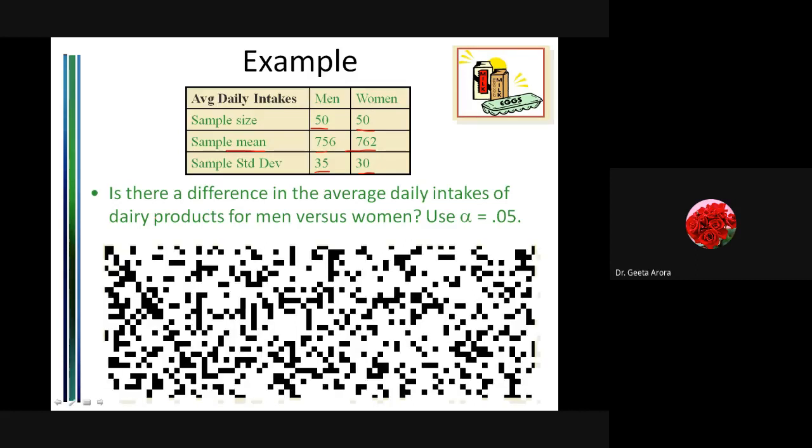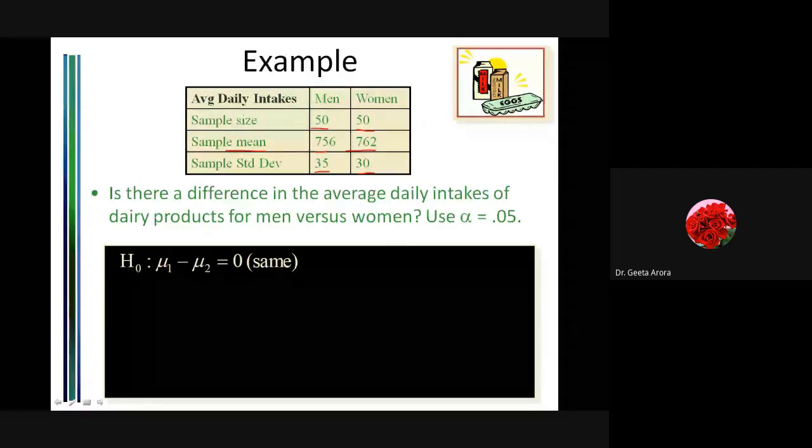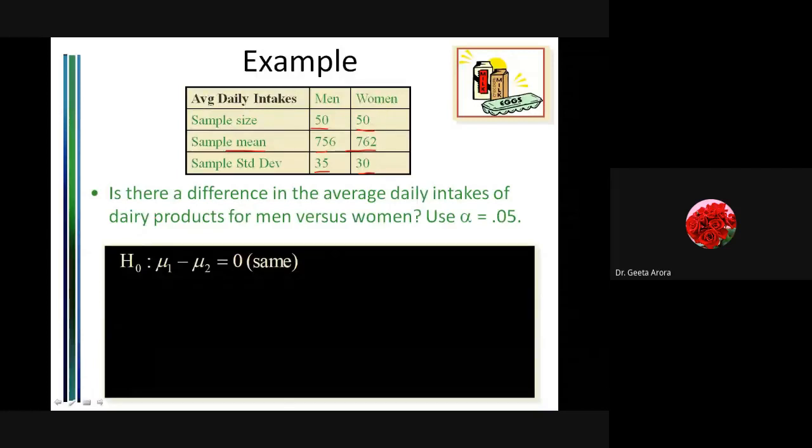Here we have H naught. There is nothing here about the mean of a population. Why are we taking mu1 and mu2? Because we have taken 50 men and 50 women, but we want to conclude regarding the whole population. So you take mu1 minus mu2 and consider it as 0. Correct? Because we are looking for whether there is any difference, and we are saying no, they are the same. This is our null hypothesis. The alternative hypothesis is that they are different.